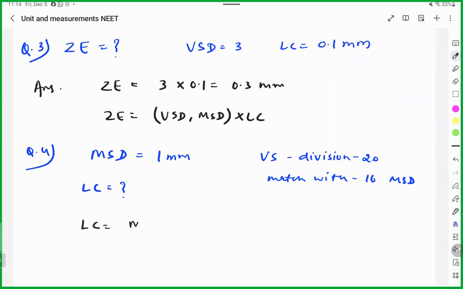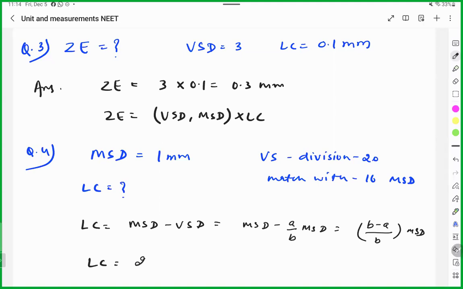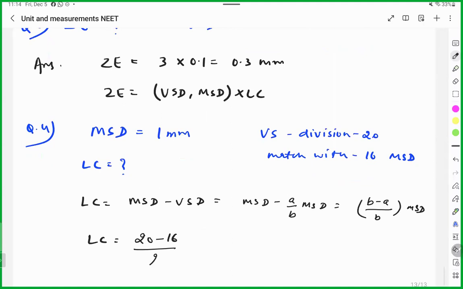Least count is the main scale division minus vernier scale division. Main scale division. This is (A by B) MSD, which is equal to (B minus A) by B MSD. Okay, this is least count. What is B? B is the vernier scale, 20. What is A? 16. Divide by